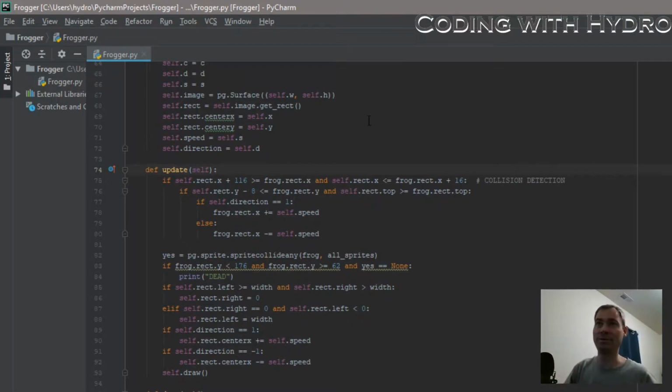And then the next if statement is me checking the y. So the first one gets me in between the edges of the log. The next one's going to check whether or not I'm intersecting the log, right? So it's saying if the log's y, which is its vertical, minus 8 is less than the frog's y, and the log's top is greater than the frog's top, meaning the log's top is lower on the screen than the frog's top,